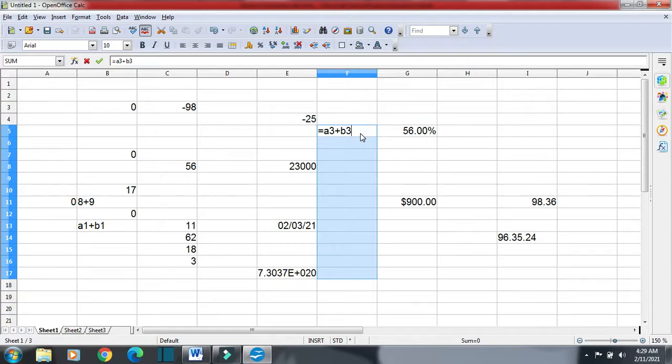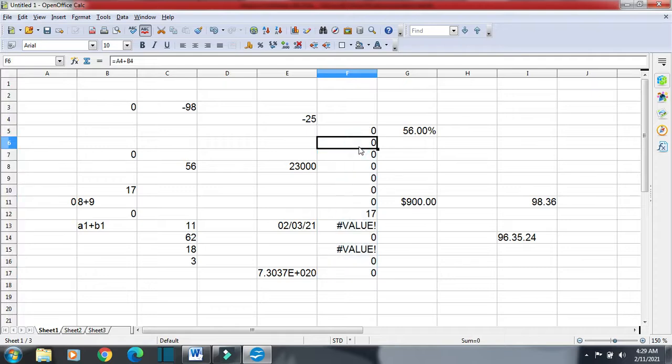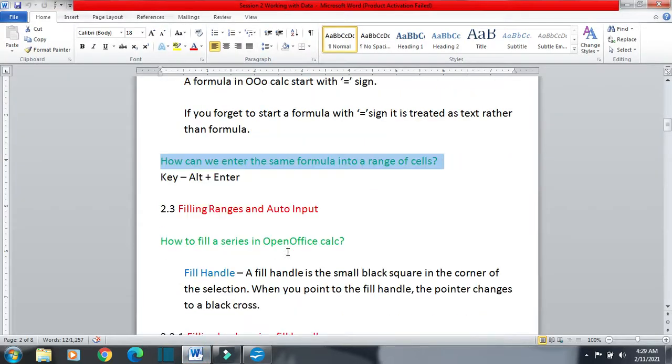Then instead of pressing the Enter key, I will use Alt plus Enter, and you can see the whole formula gets copied into the whole range of cells. You can see A3 plus B3, A4 plus B4, A5 plus B5, A6 plus B6. So the key is Alt plus Enter.